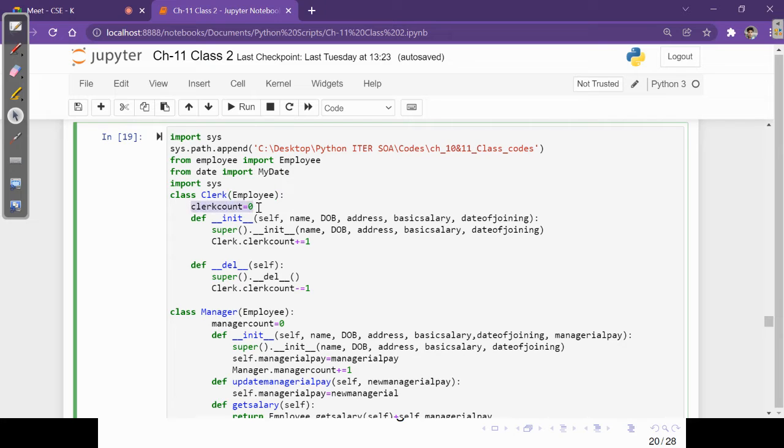So clerk count is initially 0, and we define init self. In the object we are defining name, date of birth, address, basic salary, date of joining. These were already in the employee class, if you remember. So we had the employee class. If I show you,